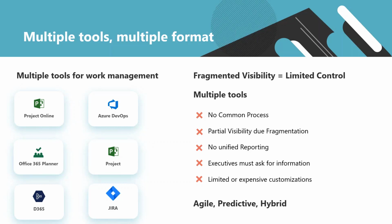It gets us back to the situation where we have to maintain some status reports in Excel or PowerPoint, and then combine them manually, because I don't want to switch between multiple systems when I report progress. So it's a mess. It's fragmented visibility. It's multiple tools. It's hard to see one big picture for decision makers in the organization. So